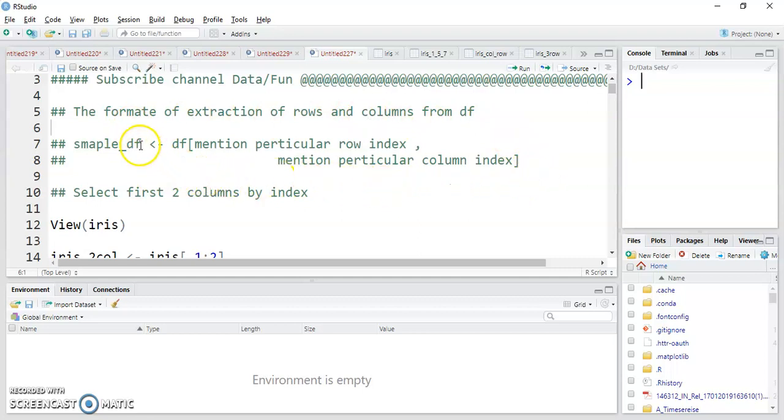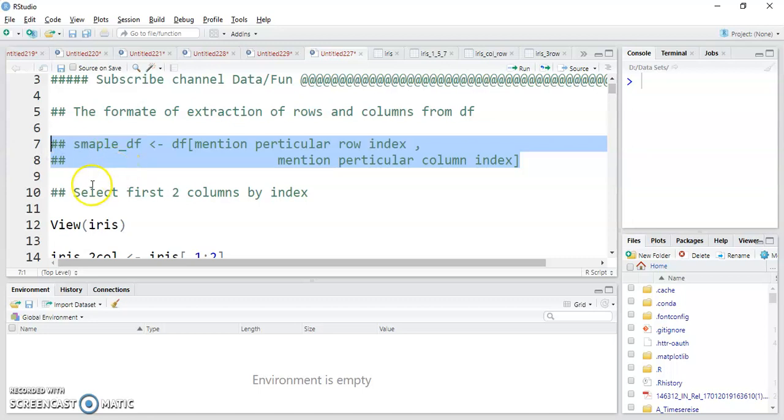You can give any new name for the data frame, sample_df. Here my original data frame is df, and in square brackets mention the particular row index, then a comma. After that we can mention the particular column index. So basically this is the easiest format for extracting any rows or columns from any data frame.